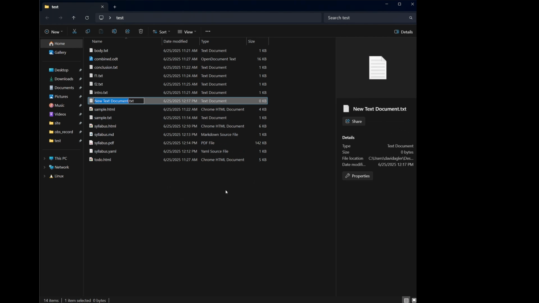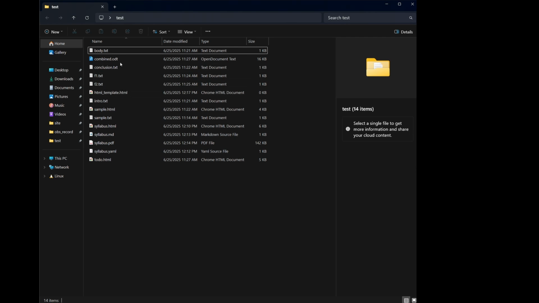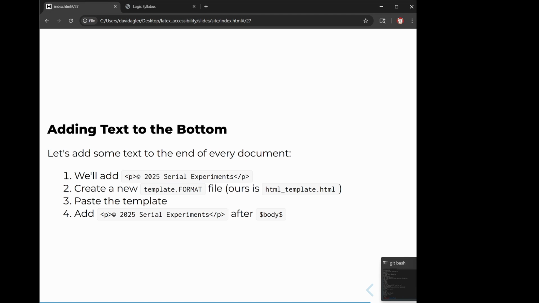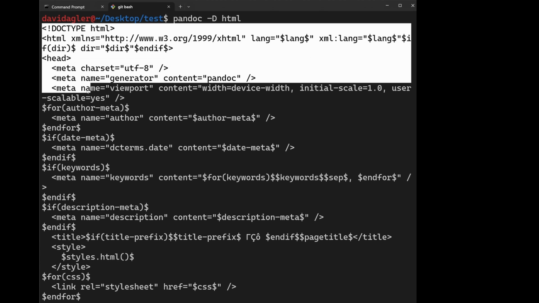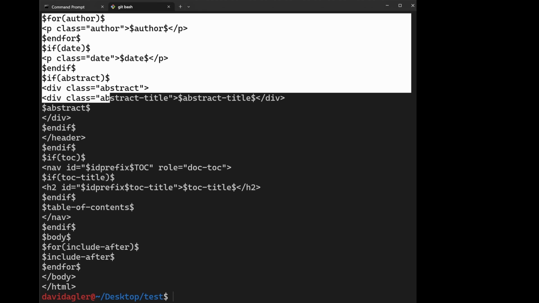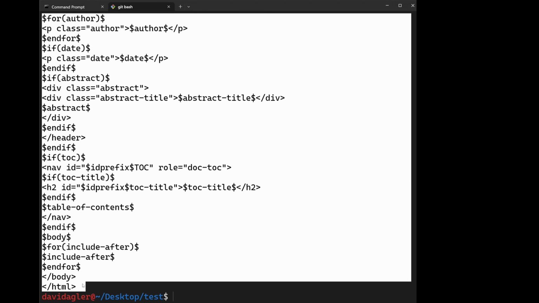I will create HTML_template.html. Except, yes, I want to change this. The next thing I need to do is to go back into my terminal and select all of this text, the entire template, because I don't want to create my template from scratch. I just want to modify the existing template. So I'm going to copy this